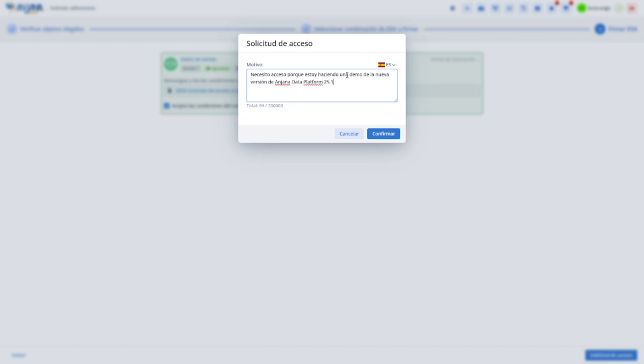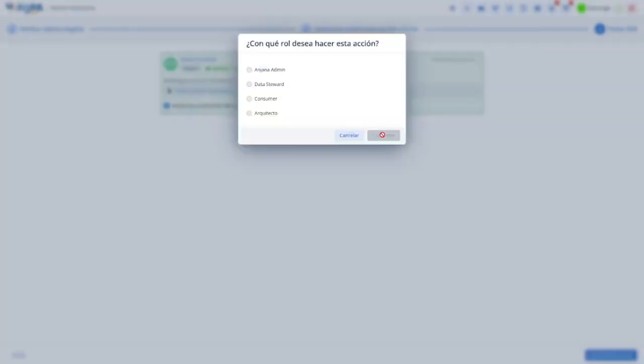For this instance, access is necessary as we are showcasing the new version through a demonstration. And this is the message we are going to send to the owner. If you all remember, we saw within the profile that my user had several different roles. It does not make sense for me to launch the request with my responsibility role, or as an Anjana administrator, I am going to do it with my consumer role. We launch the request,